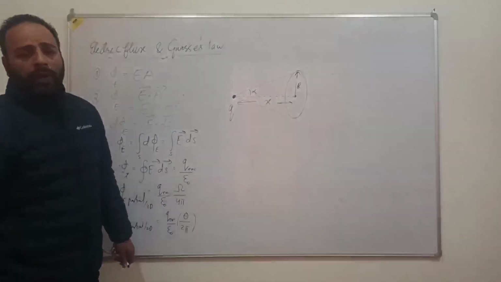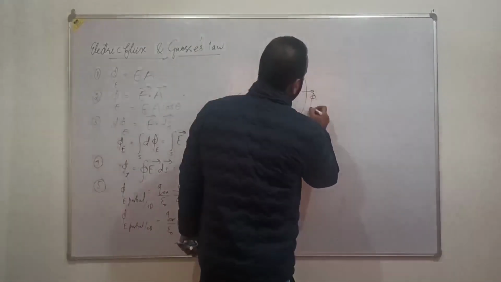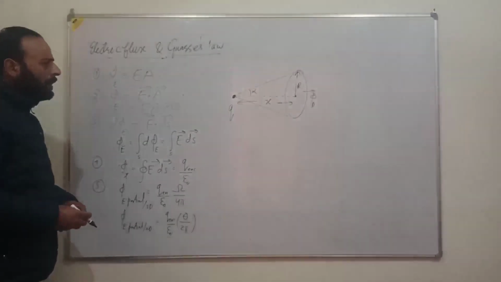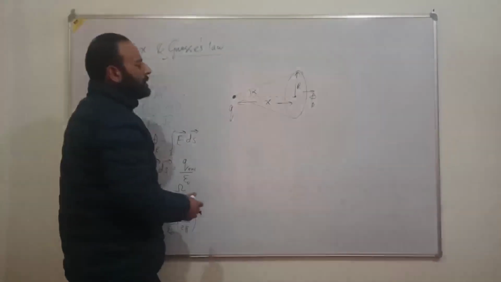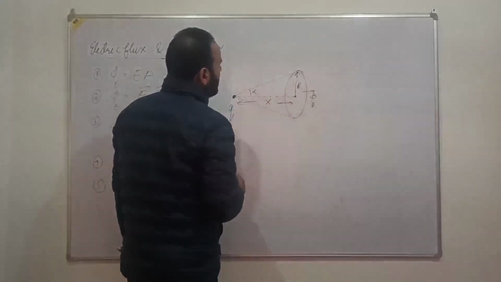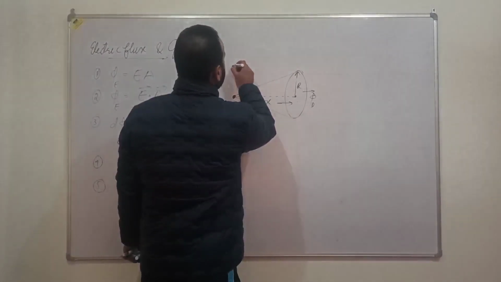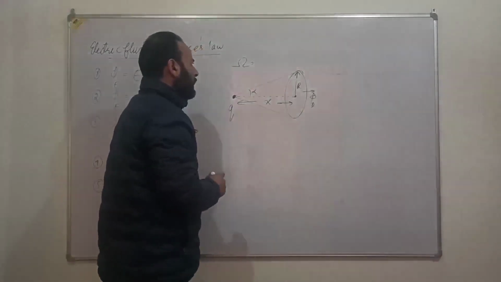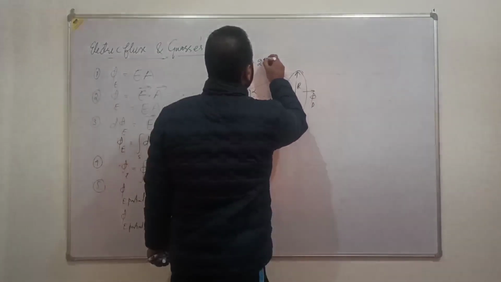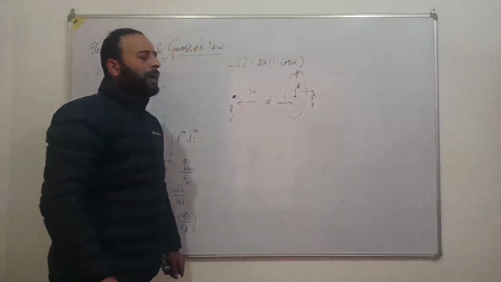Okay, so now we have to calculate the flux coming through the disk. Now, first of all, let's see what is the solid angle subtended by the disk here at the charge whose semi-vertex angle is alpha. So remember here, the solid angle subtended here is omega. Omega is equal to 2 pi times 1 minus cos of alpha, where alpha is the